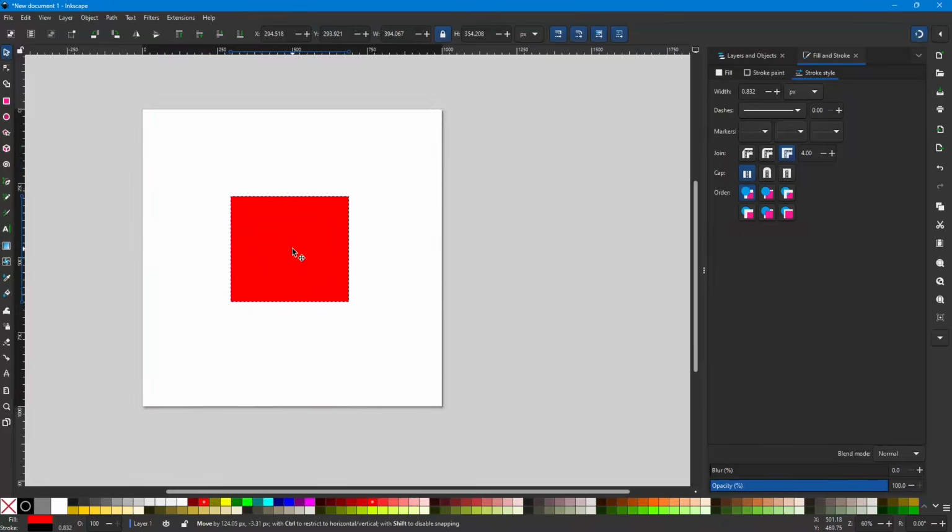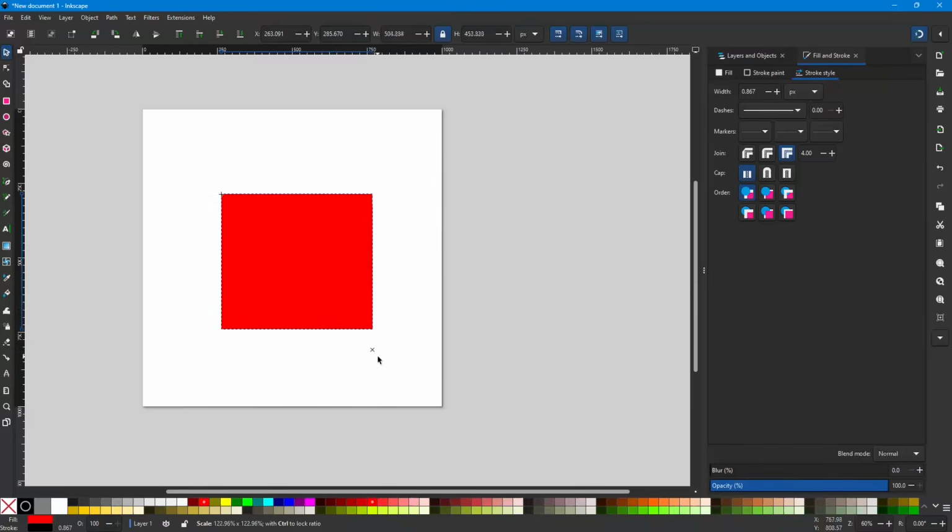Now, another thing to note when you're using these arrows is if you hold down one of your keyboard keys, it will do something to the shape. For example, if I want to drag any one of these arrows and hold down the control button, see what happens? It keeps the aspect ratio. Both sides are growing at the same rate, right? And that's because I have control held down. If I take control off,